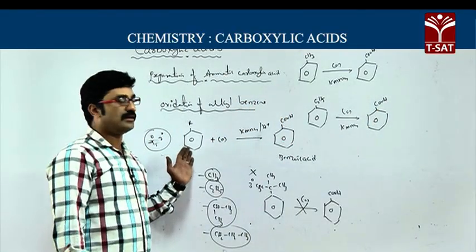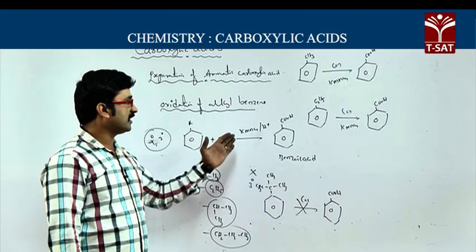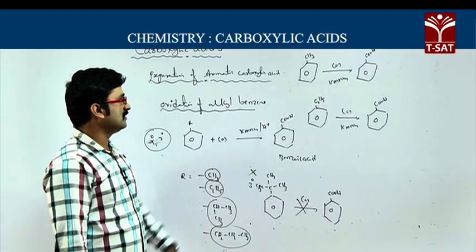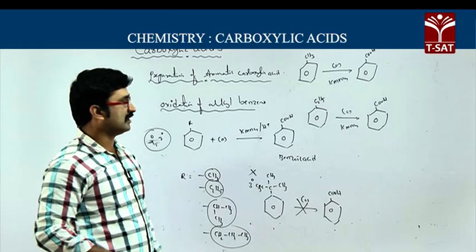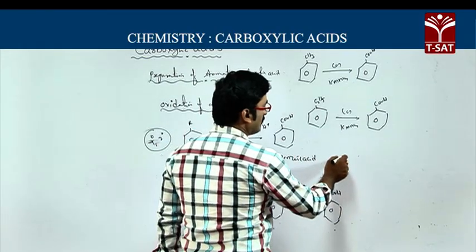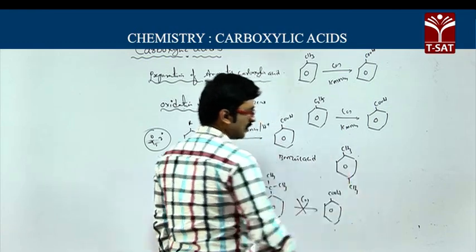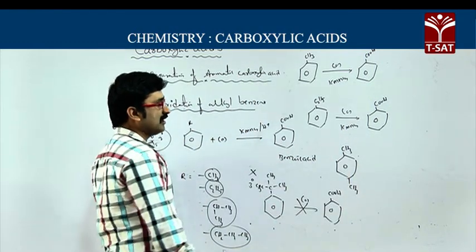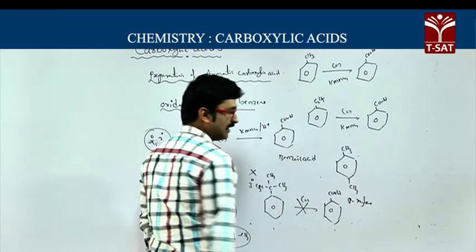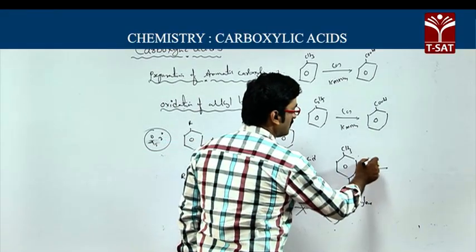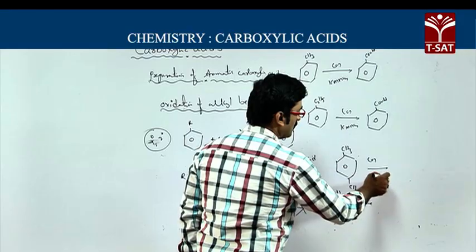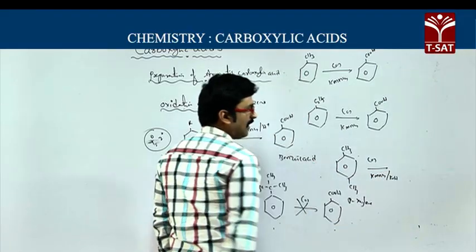Therefore alkyl benzene on oxidation in the presence of KMnO4 gives carboxylic acid. Now say I have taken CH3 and CH3, which is called paraxylene. Paraxylene on oxidation in the presence of KMnO4 and KOH gives